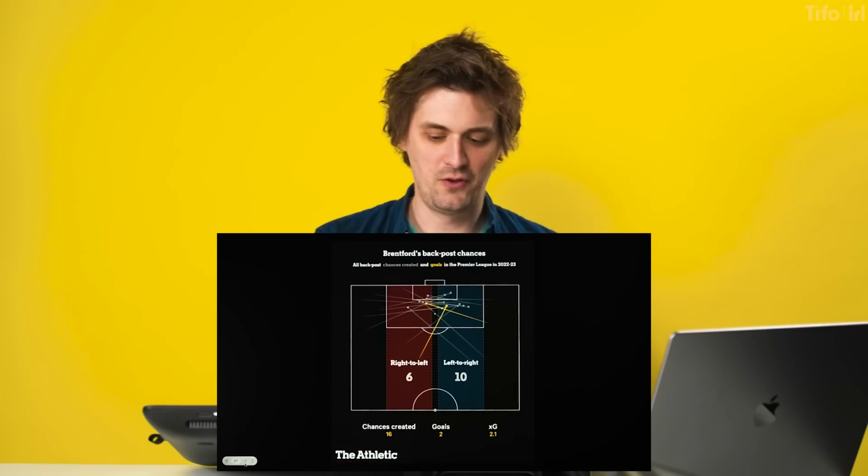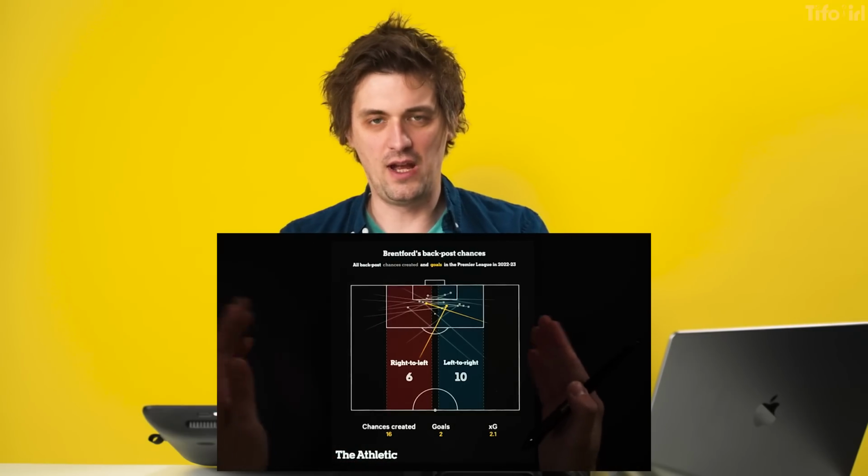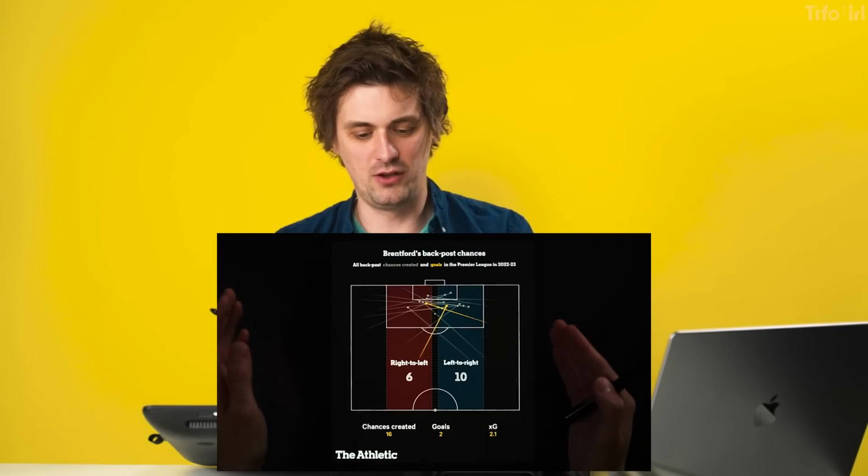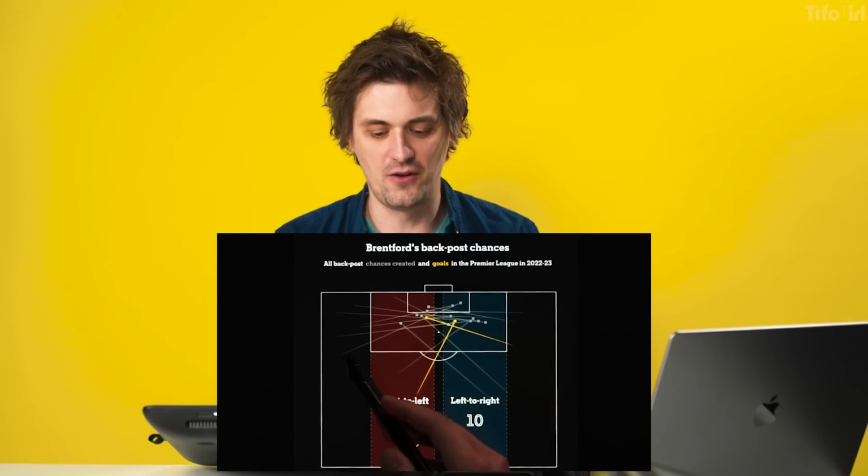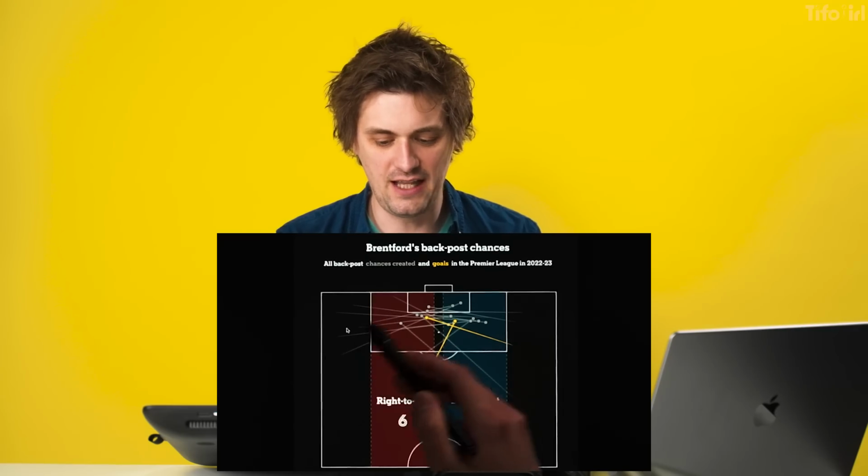You want to get it into wide areas and, like the examples before, maybe get behind the defensive line for a simple tap in, and Leeds seem to be trying to just force the issue a little bit. So Brentford are doing so well because they have a lot of focus on wing play, and they have really good wing backs, which is why you see Brentford's here. A lot of chances from Rico Henry specifically on the left side.